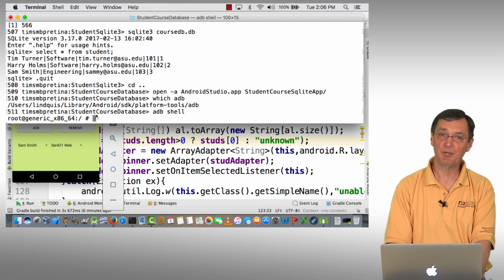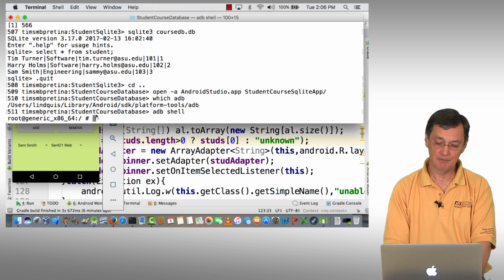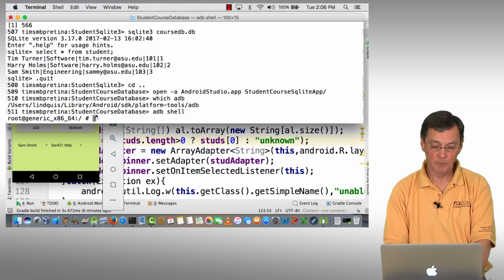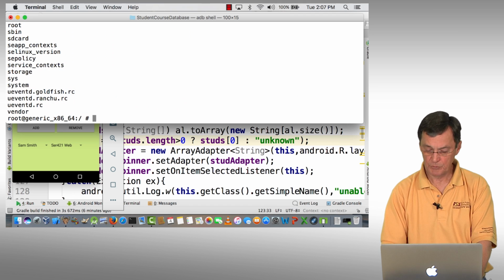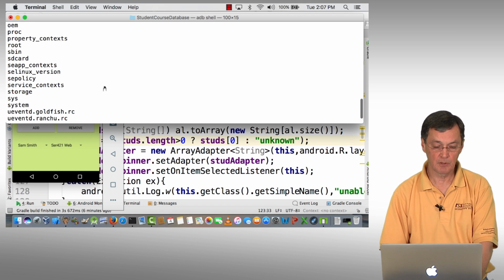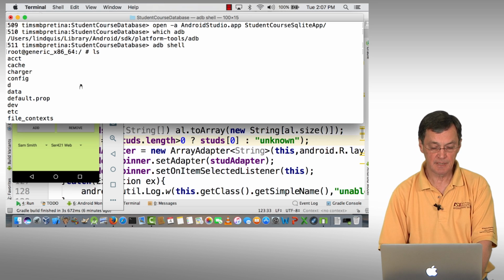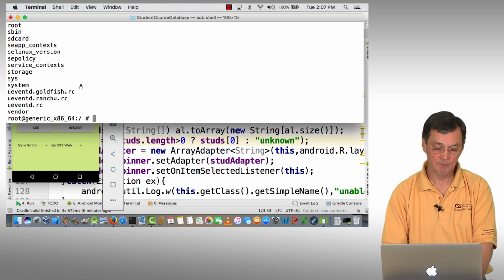This is one of the reasons why you only want to enable debugging on a device when you know that you are the debugger and no one else is going to be messing around with your device. Within this device, I'm in the root directory, and you can see these are all of the folders within the root directory. In particular, we're interested in the /data directory,